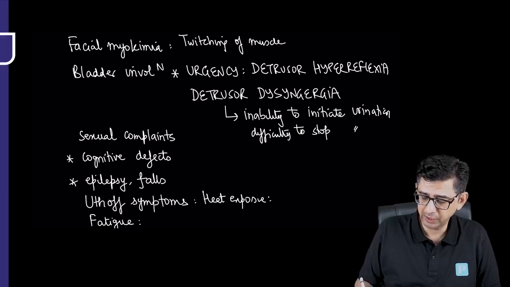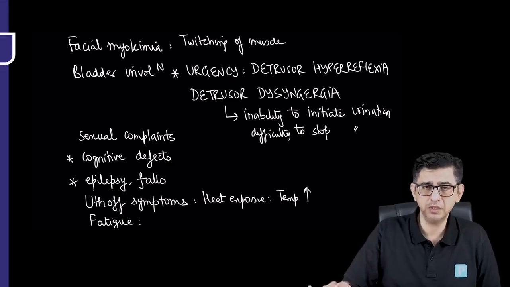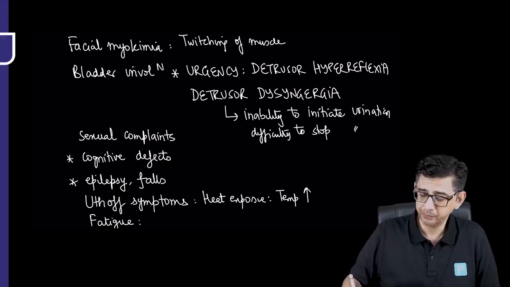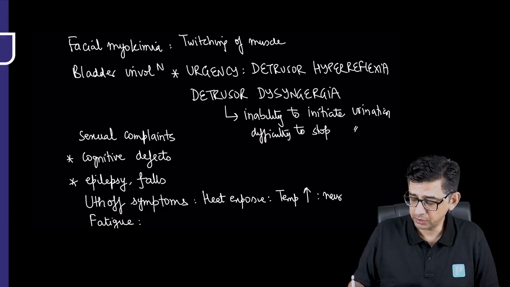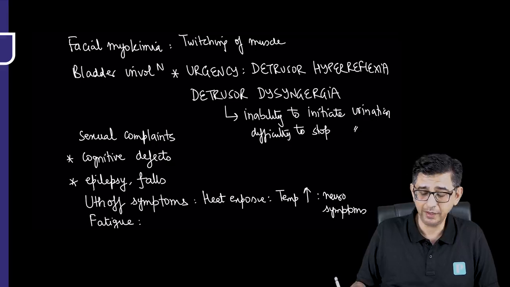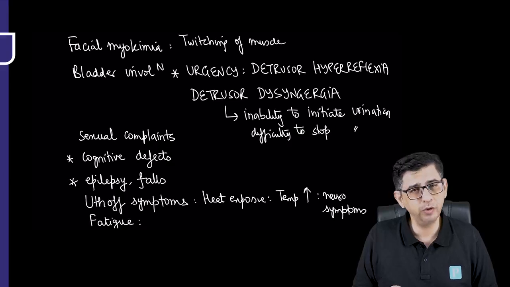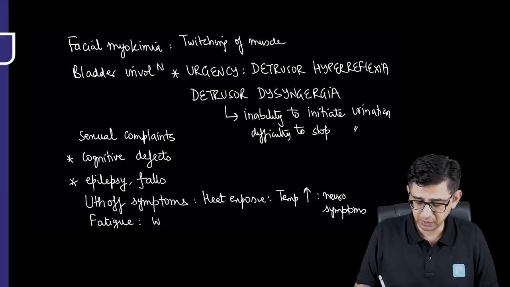of this patient, heat exposure, that could be in the form of a workout in a gym, taking a hot shower, steam bath, sauna bath. Every time there is going to be an increase in body temperature, there is going to be development of neurological symptoms in a patient, or whatever pre-existing neurological symptoms are present, those neurological symptoms can actually deteriorate, which is called Uhthoff phenomenon. And then fatigue is a universal problem with all patients of multiple sclerosis, which would result in